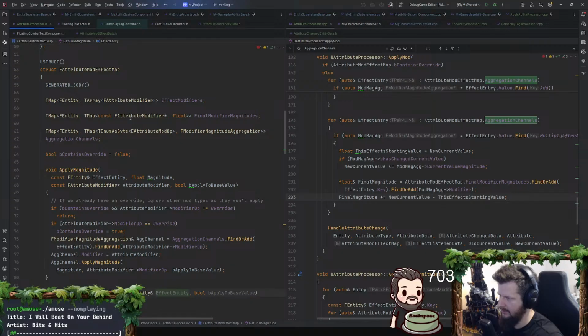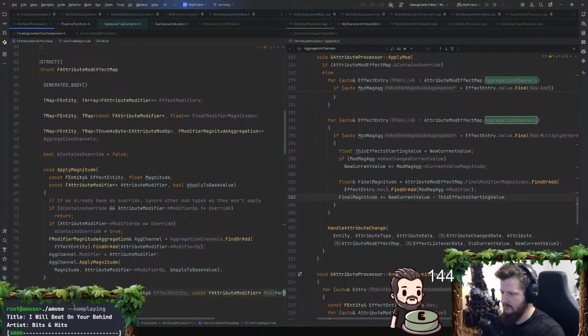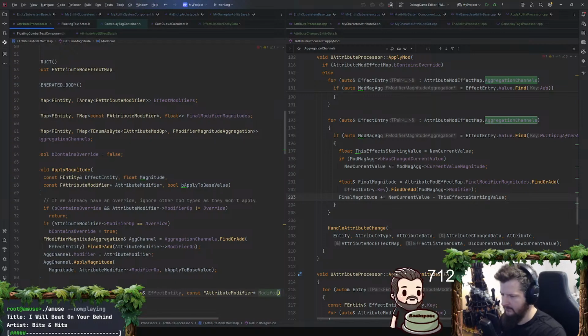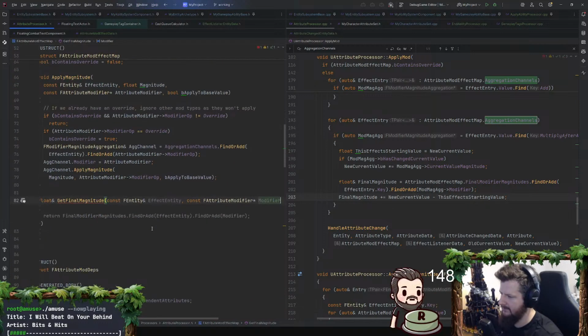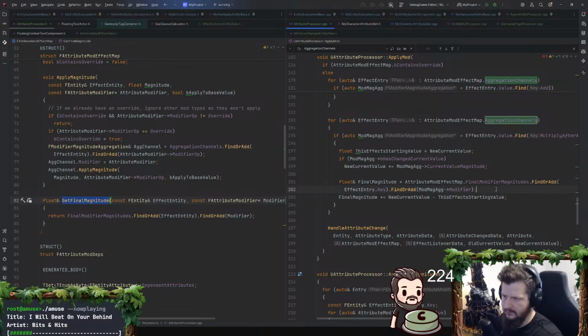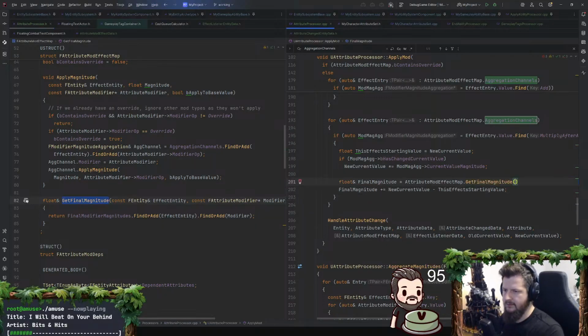And then I need the modifier pointer, which needs to be const as well, always const. So we would just do get final magnitude here with entity.